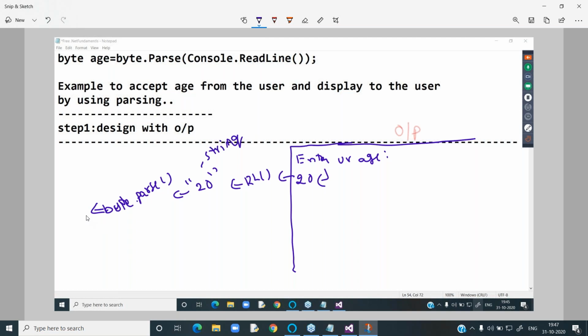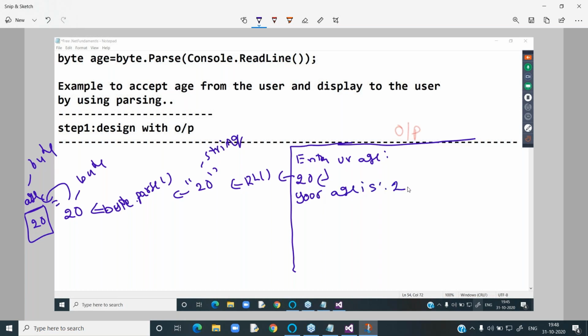Then what will happen? Parse method will convert into byte. Parse method is converting from string to byte. Next, LHS is creating a variable called age. The type is byte. Next, assignment is 20.